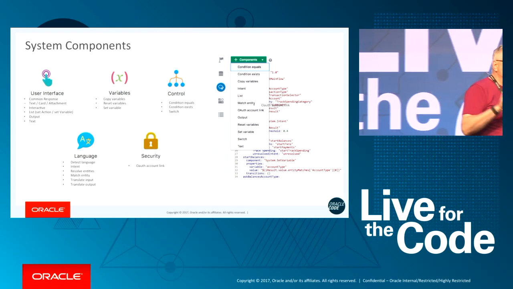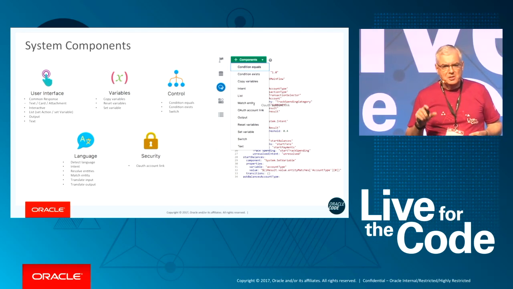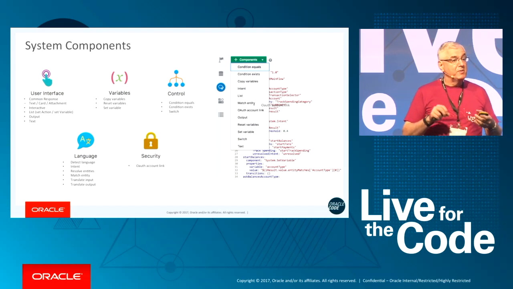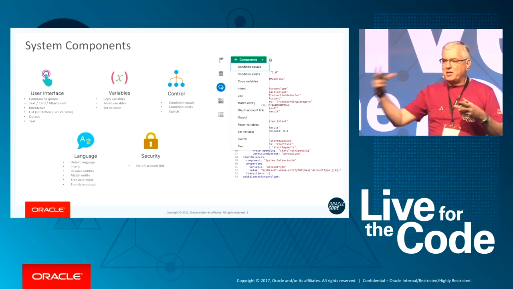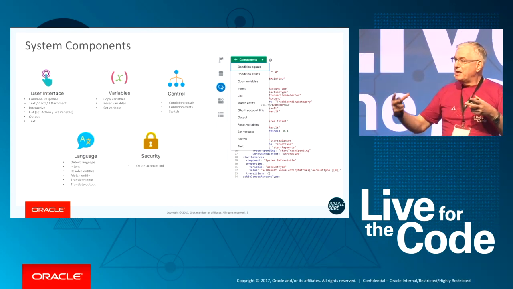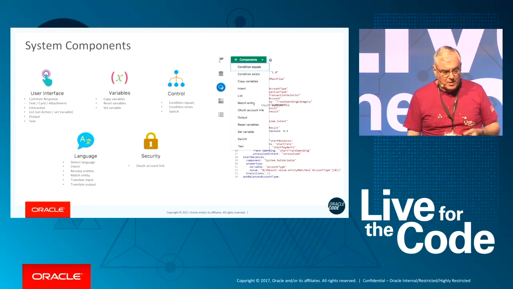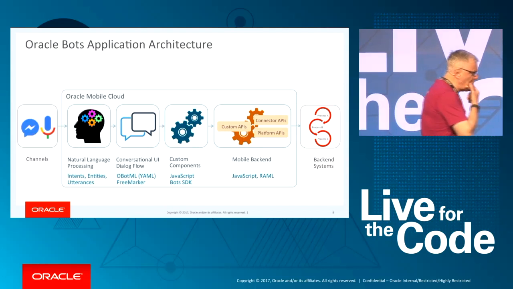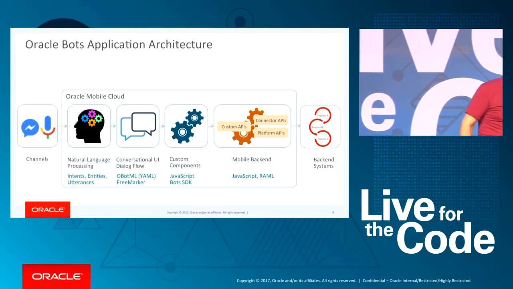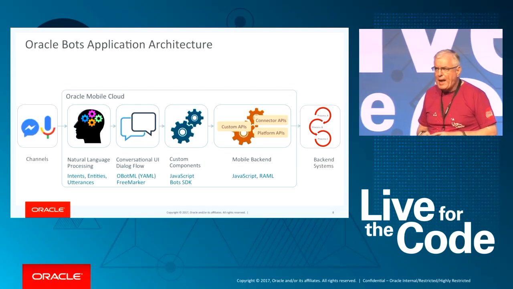So each one of these predefined little balls allows us to effectively build up a non-linear conversation that isn't hardwired. So if I need to change the flow, it's how I answer the question. So before we get into more detail, what we'll do is just briefly give an architecture of what happens when